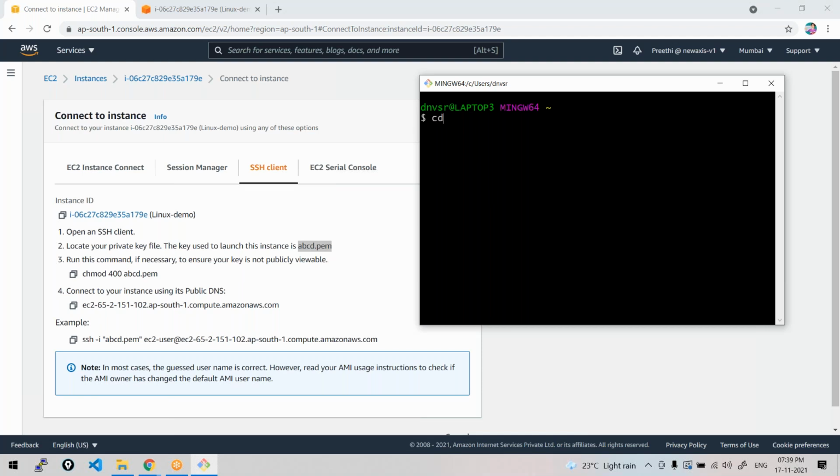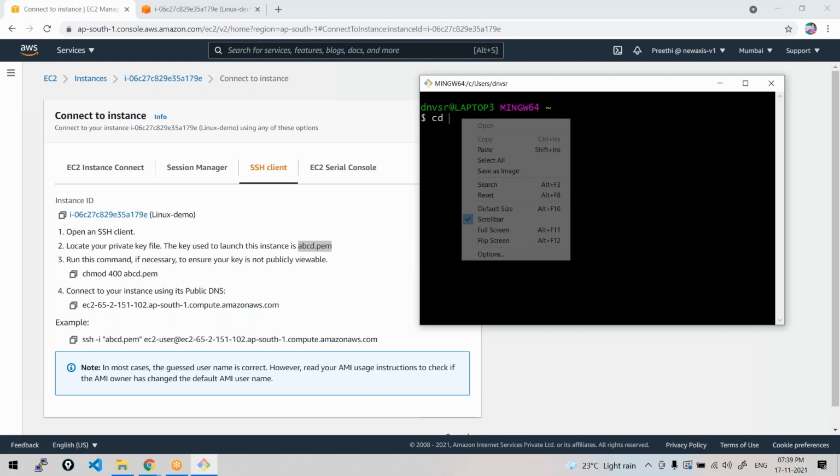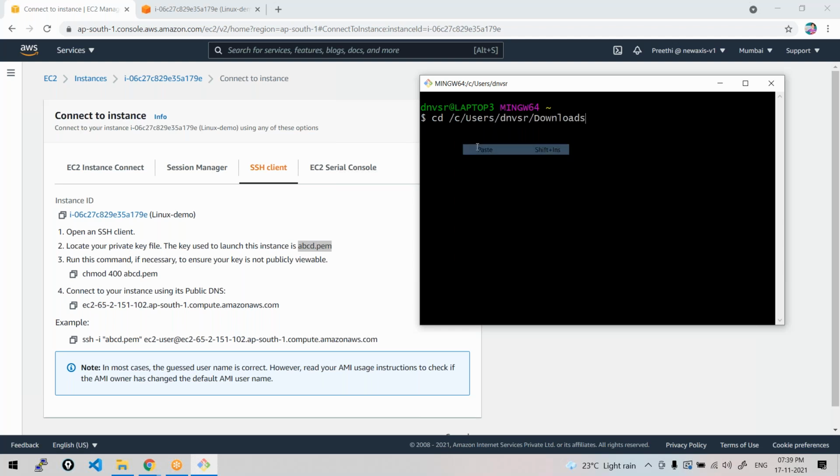So cd means change directory. Right click, paste it. Change directory is used for navigation from your command line. You can see the prompt change.